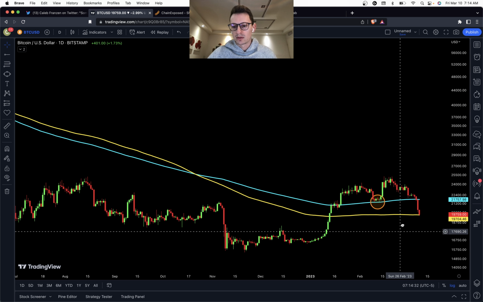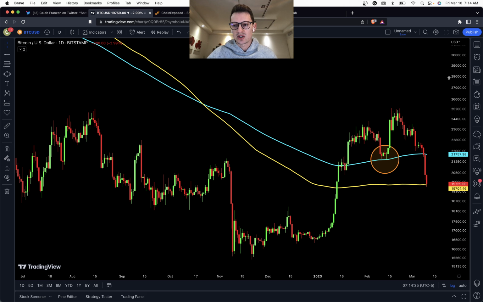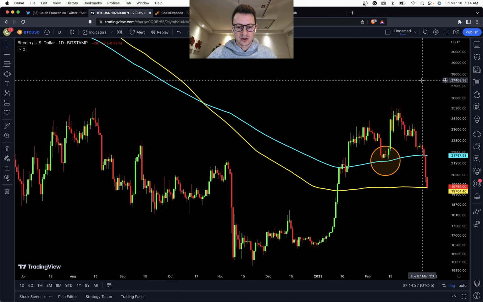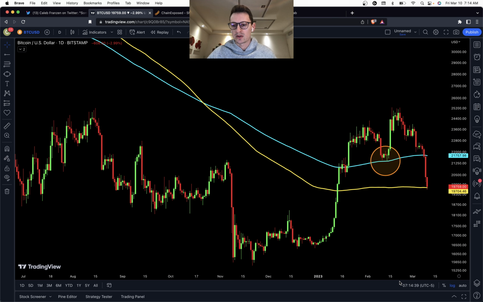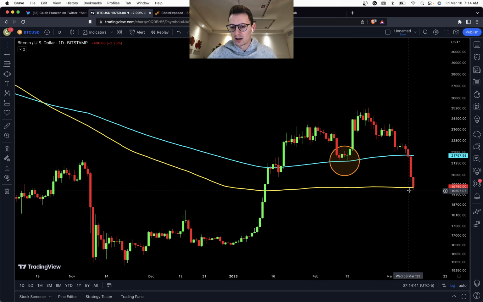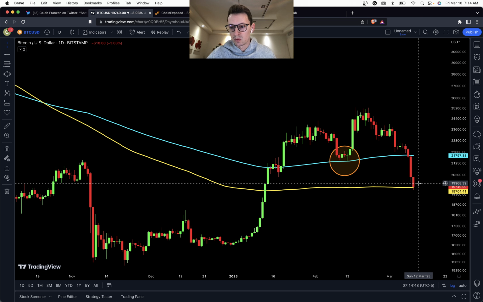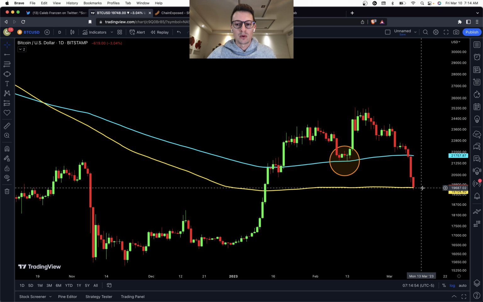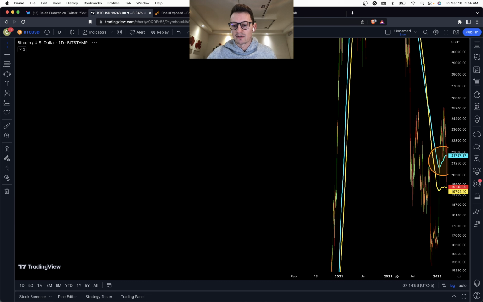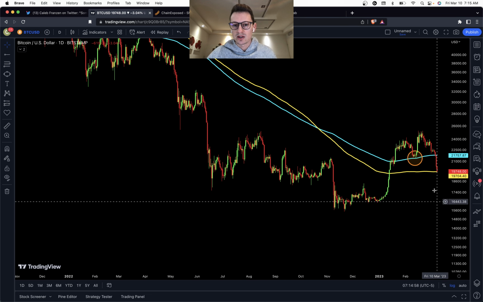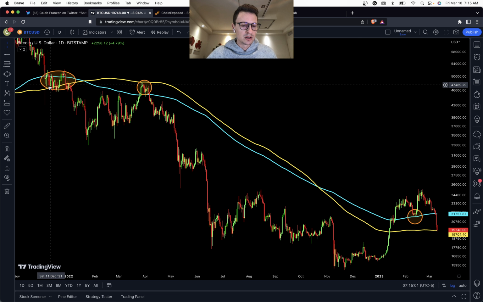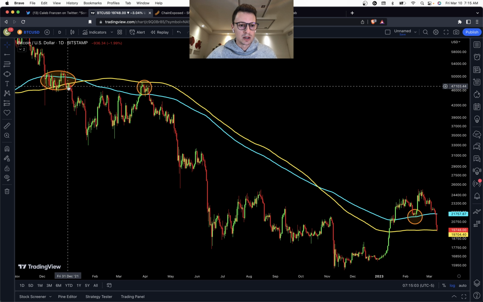So why is this important? Because for the first time, basically since December of 2021 or January of 2022, we're starting to break below that range. The daily close now for March 10th is going to be very important. Obviously, if we can manage to close somewhere back around 20,000 for the day, that's a good sign. Basically, live to die another day. But we need to rally here. Otherwise, it's a very similar pattern and setup to what we experienced back in December 2021, January 2022,